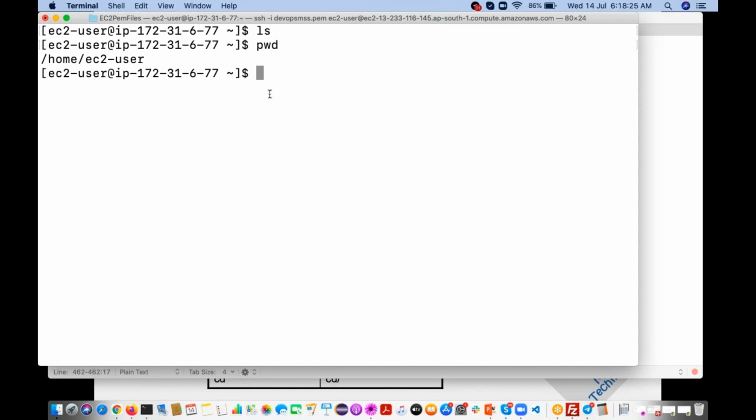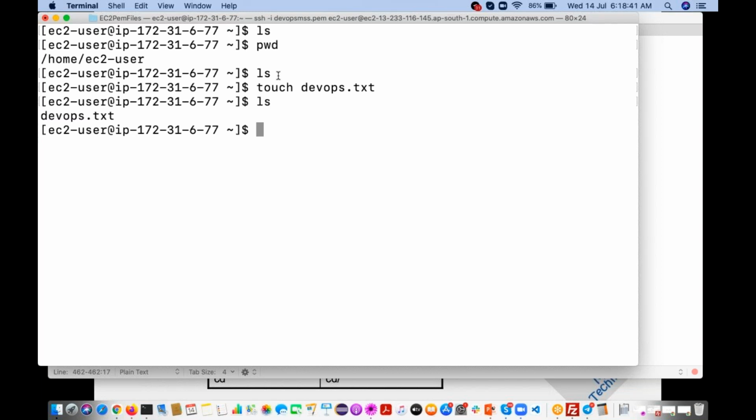So if you see now, we are in the ec2-user home directory and nothing is there. Now I am going to create a file, touch devops.txt. Now just type ls. See, it is showing one file. ls -l.